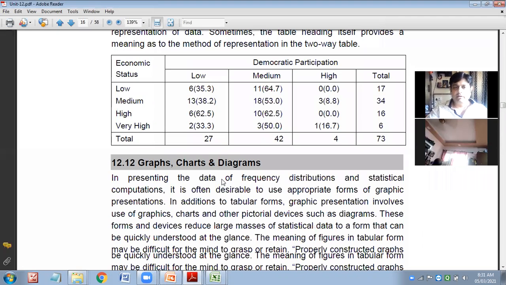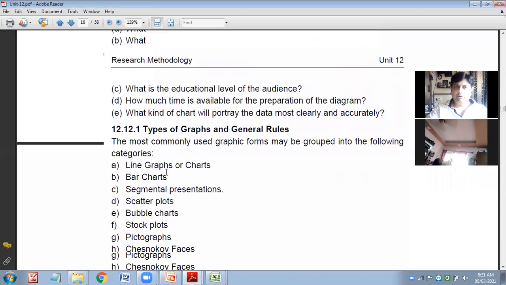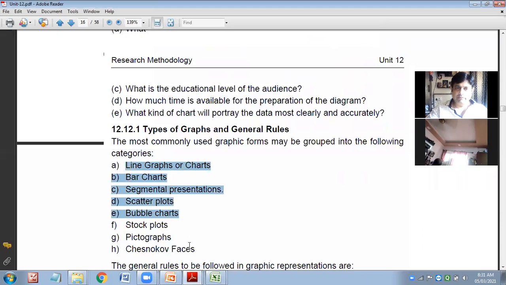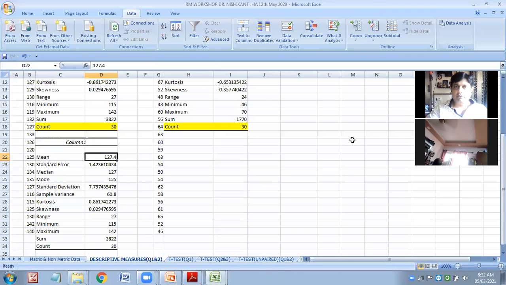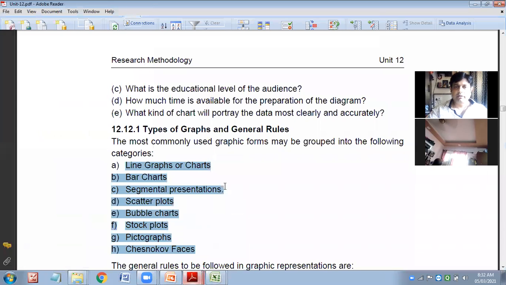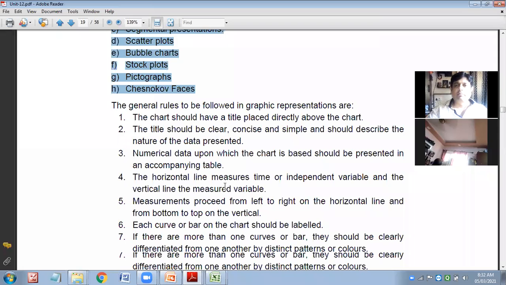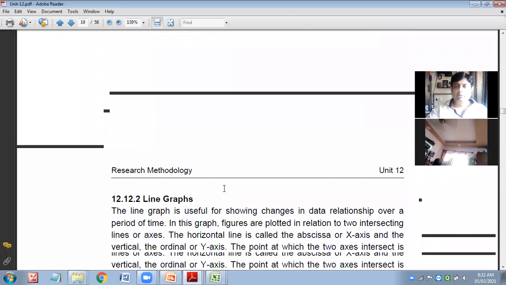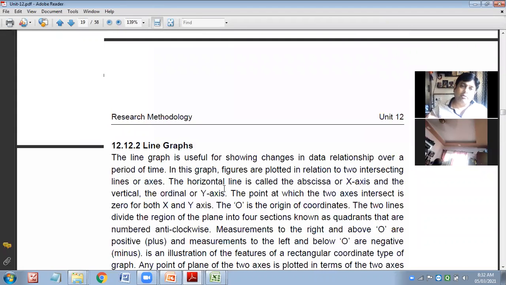Graph and chart, you know, I need not teach you, you have learned several times. These are the different ways through which, and now through Excel, you just put the data and automatically they will give you the graph. आपको कुछ करने की जरूरत नहीं है. Input दो, any kind of graphical presentation you can get. So now actual research is becoming very easy. You need to learn how to apply it through computer.